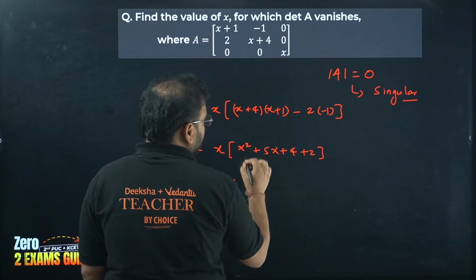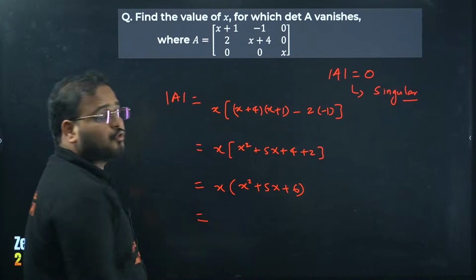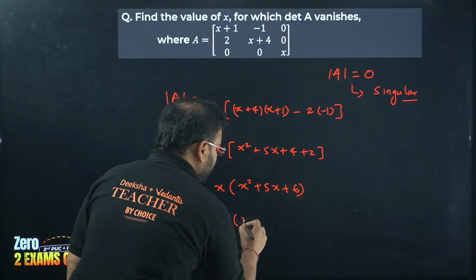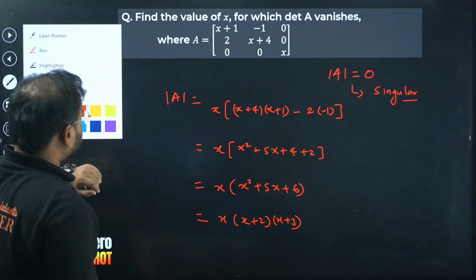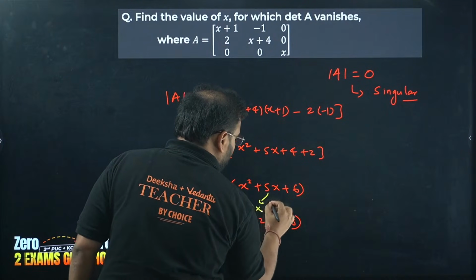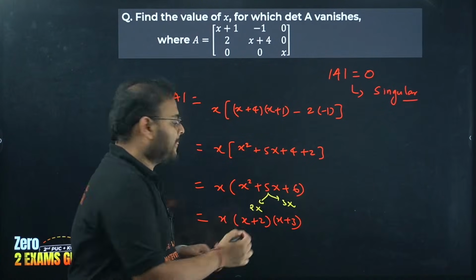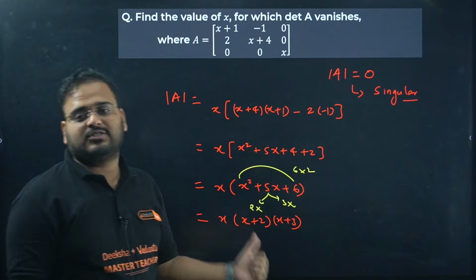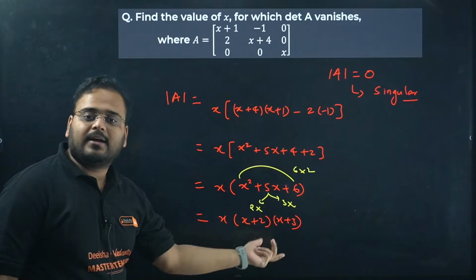X times, check here, I have x square plus 5x plus 6. And all of you should know by now how to factorize this. It is given by x plus 2, x plus 3. Any confusion you can let me know, but I don't think there should be. You can break this 5x as 2x and 3x. The product of those two, 2x and 3x, is 6x square, and the sum is 5x. This is called splitting the middle term. Of course you all know that. So once you factorize it, you get x plus 2 and x plus 3. You can cross multiply and check that as well.